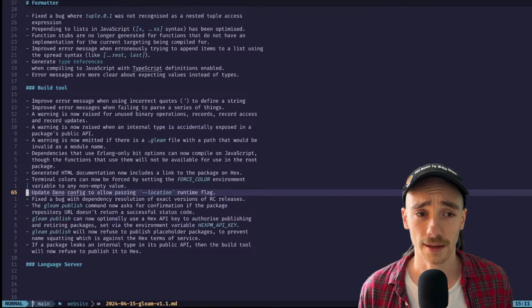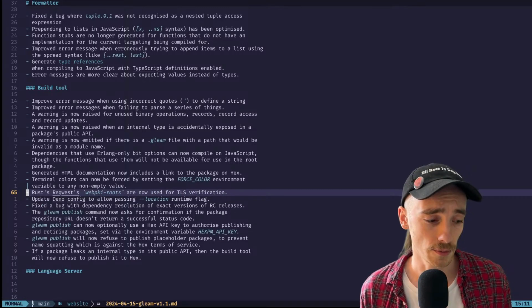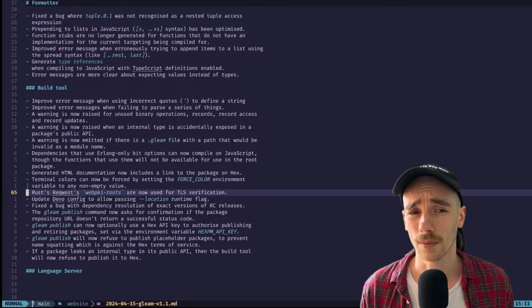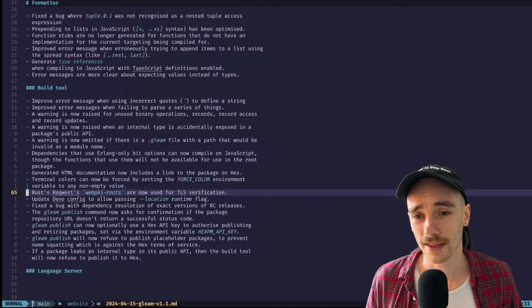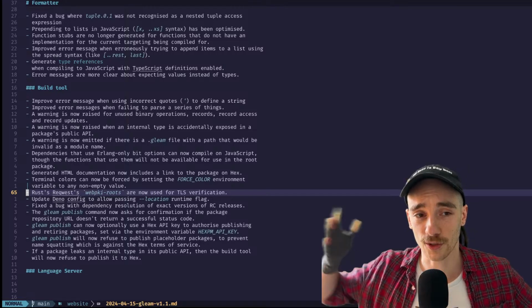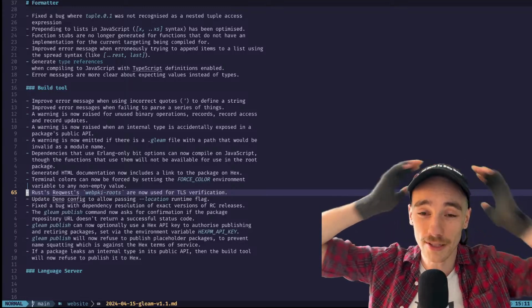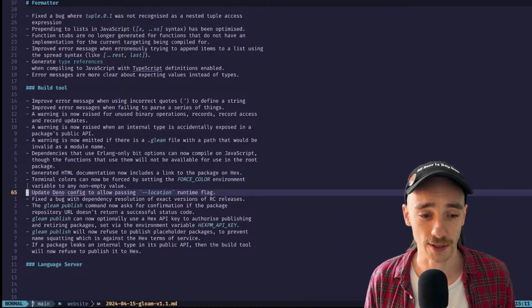That's probably hard to explain, and I don't actually know if it has fixed the problem. So we kept having problems with making HTTP requests to Hex on Windows, and I wasn't really sure what was going on, and I changed the way we do TLS verification. I just swapped out one backend for another, and it seems like it might have worked, but I'm not entirely sure. It would suck if I spent a whole release post boasting about it, and then